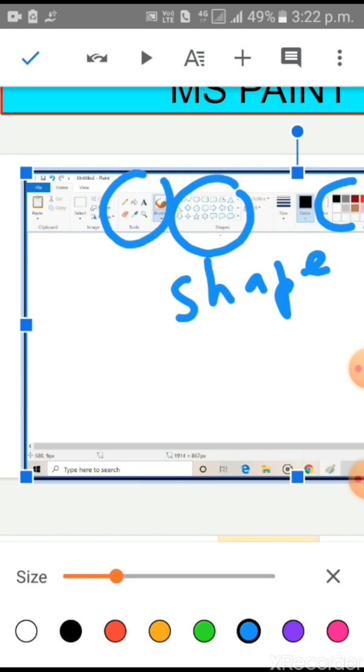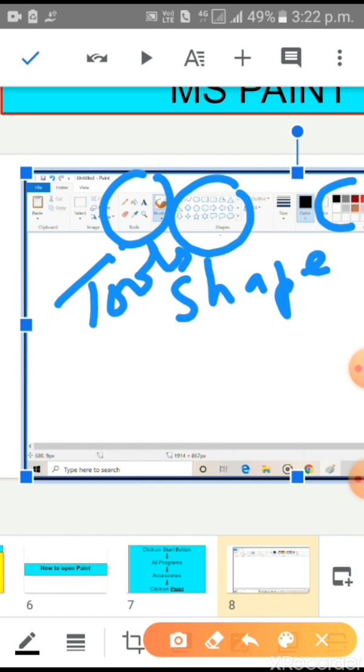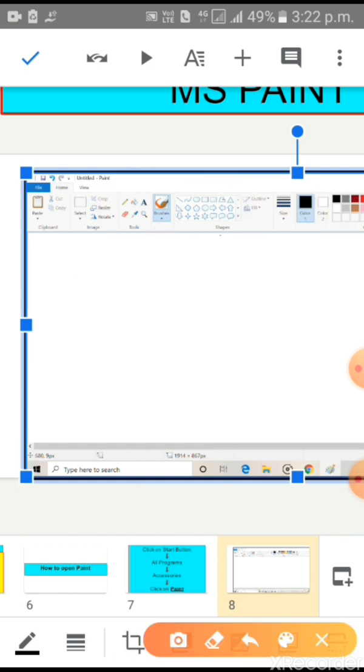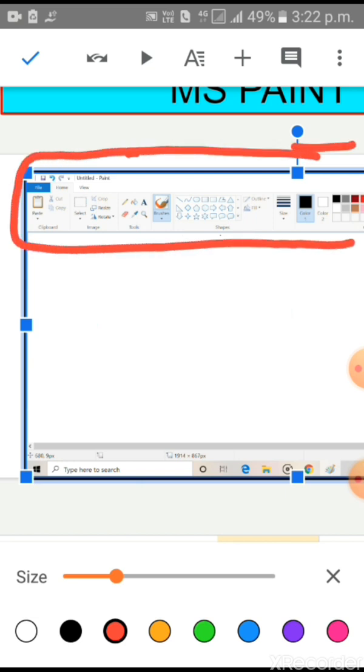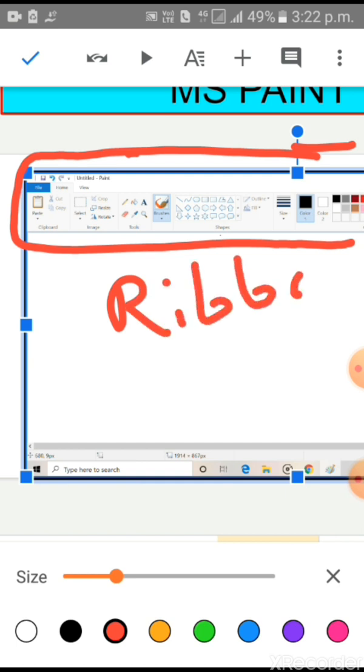And this is the tools group. These all are groups. Now children, this is the ribbon.